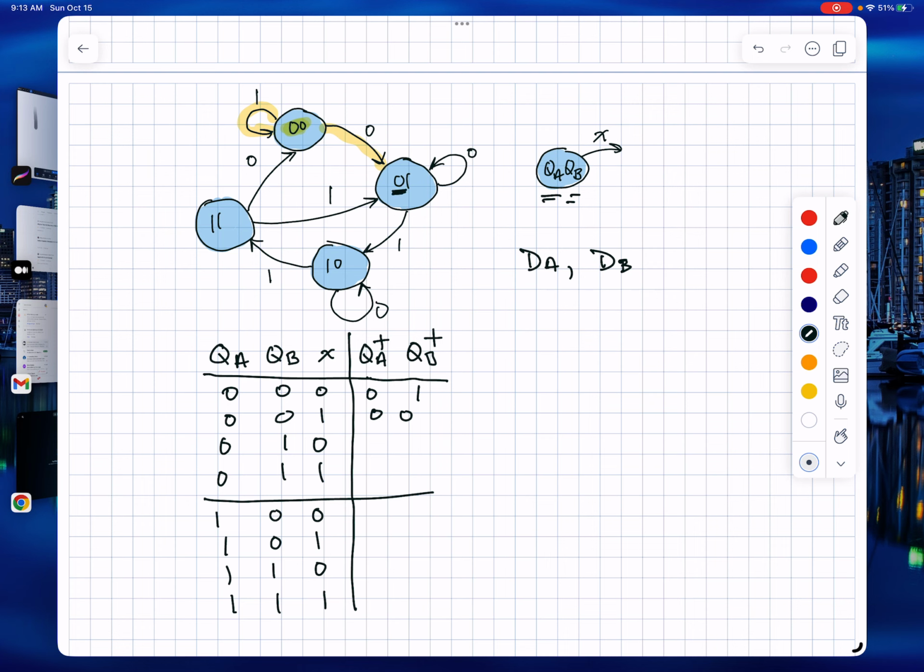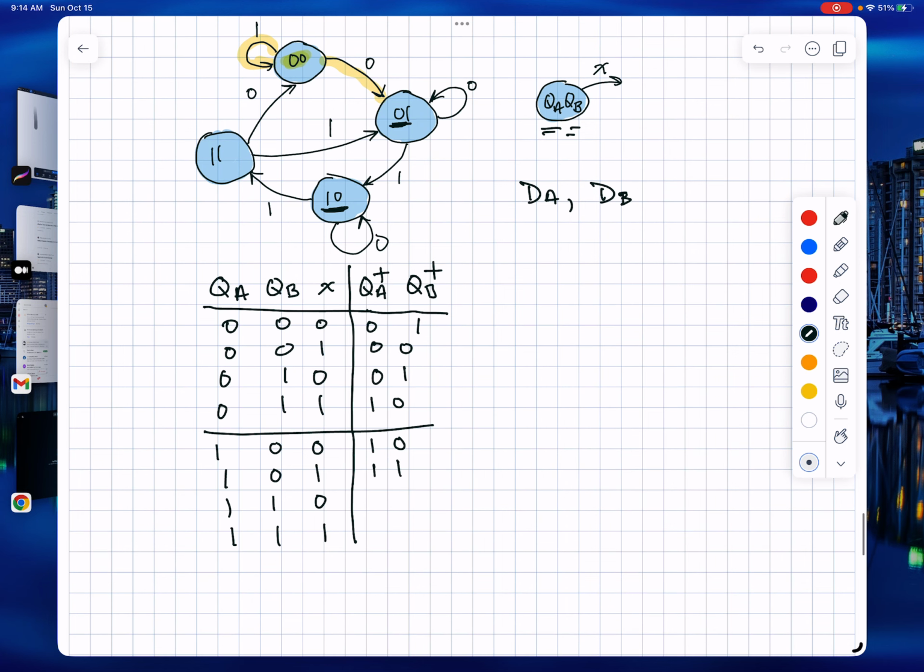From 0, 1, on a 0, I circle back to 0, 1. From 0, 1, on a 1, I go to 1, 0. From 1, 0, on a 0, I circle back to 1, 0. From 1, 0, on a 1, I go to 1, 1. And finally, for the last state, 1, 1 on a 0, I go to 0, 0. 1, 1 on a 1, I go to 0, 1. Okay, so that lets me come up with